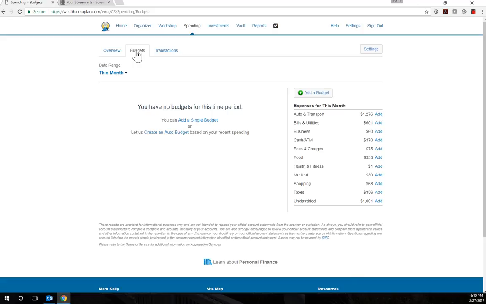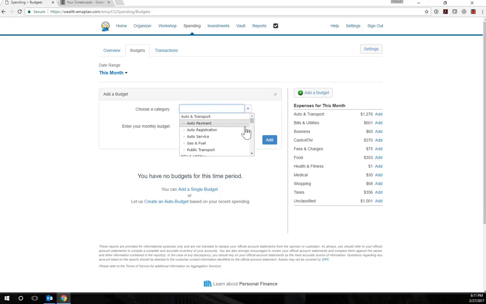You can break that into categories, which will be automatically brought in by whatever's tied into the system. So if you have all your transactions coming into this portal, it'll feed through the transactions tab, and then it'll come to this budget. So you can create the budget manually,